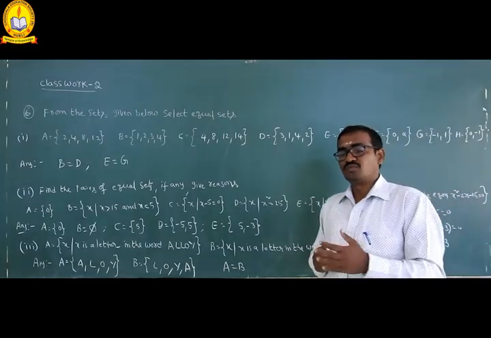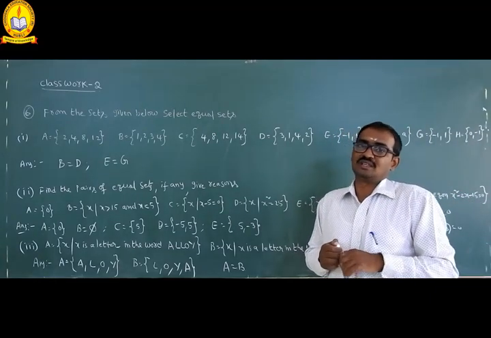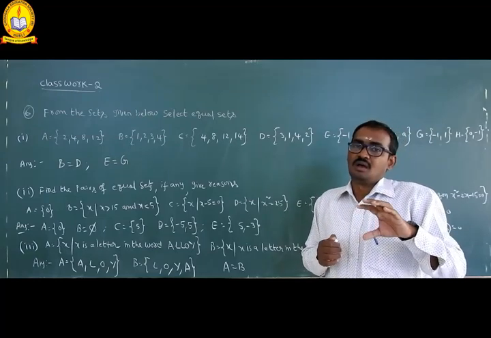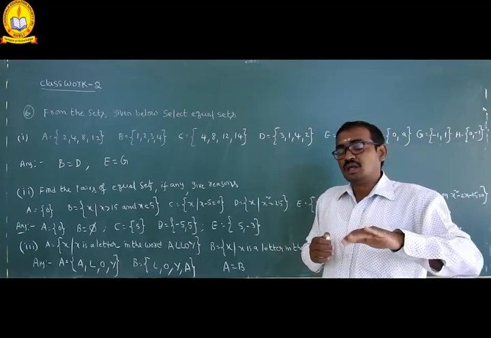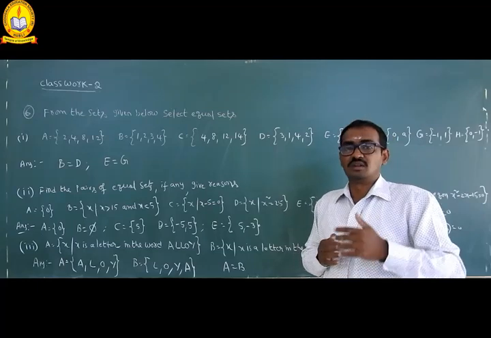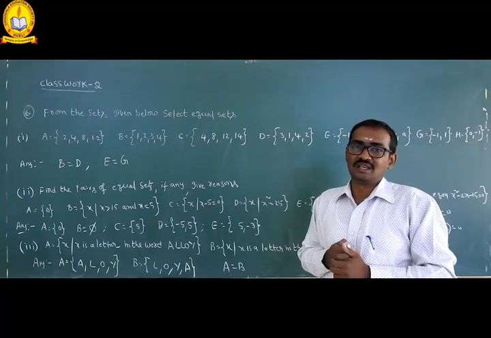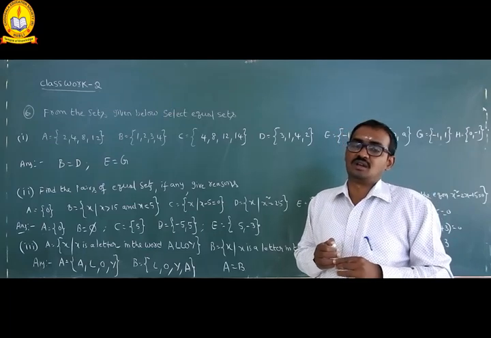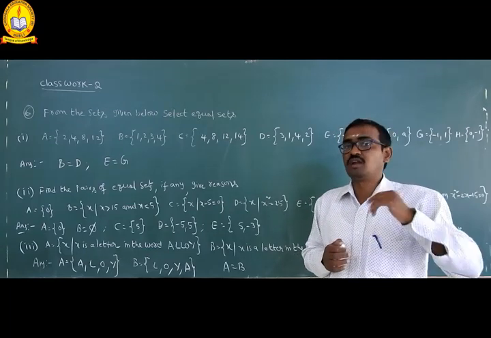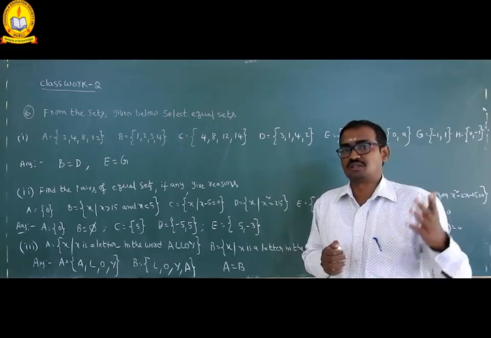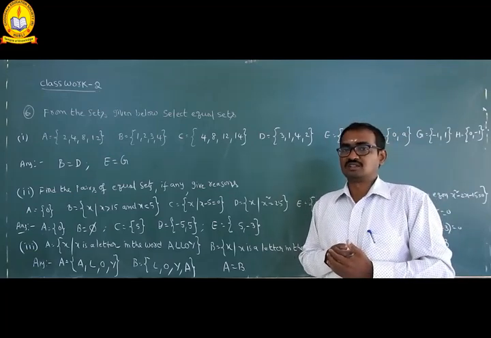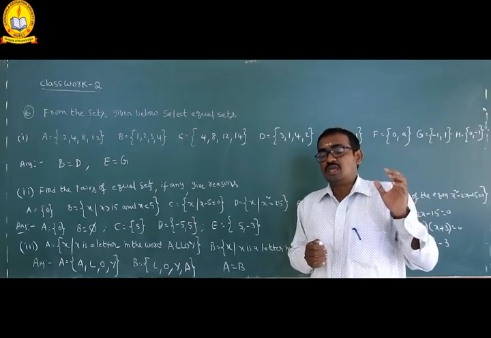And I will explain about finite sets and infinite sets also. A set is called a finite set if it has a finite number of elements, or there are no elements in the set. I give the examples also. Second one, infinite set. A set is called an infinite set if it has an infinite number of elements. For example, the set of all natural numbers is an infinite set.